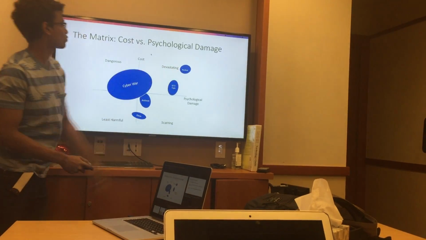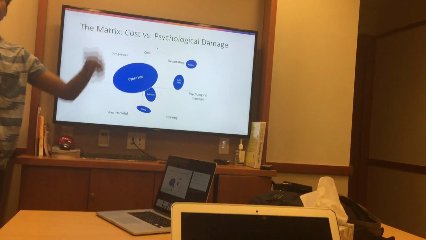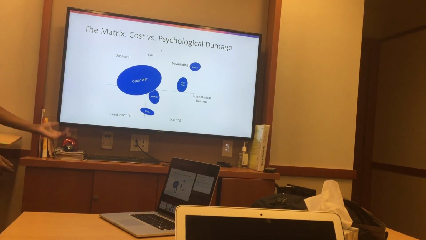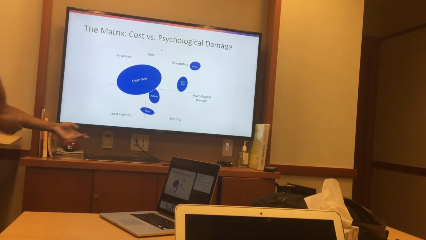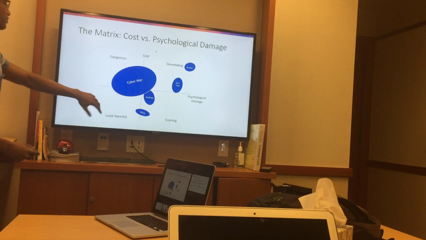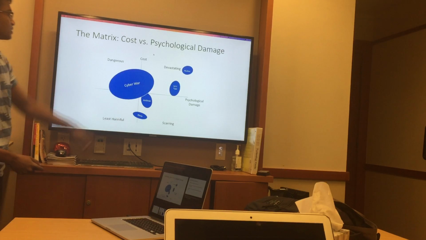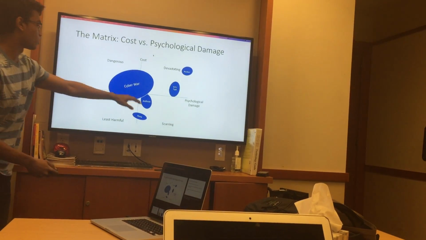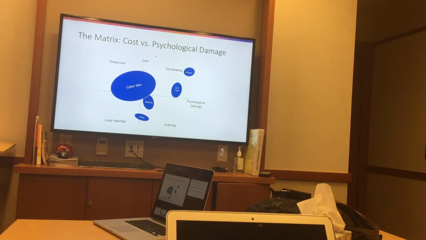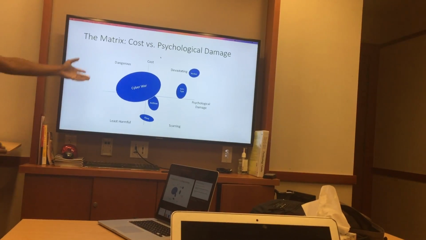And again, we see that nuclear warfare is in the upper right corner, which means that it has a very high psychological damage, but also a very high economic cost regarding infrastructure and casualties and hospitalizations, including all these things. We can basically determine where in this graph we can place each of these events. And as of currently, I've analyzed 5 different events: so cyber war, anthrax, Ebola, a 9/11 type attack, and nuclear. And I'm going to break it down as how I gathered the data and how I basically constructed a graph